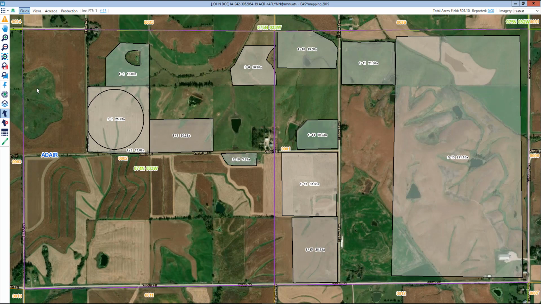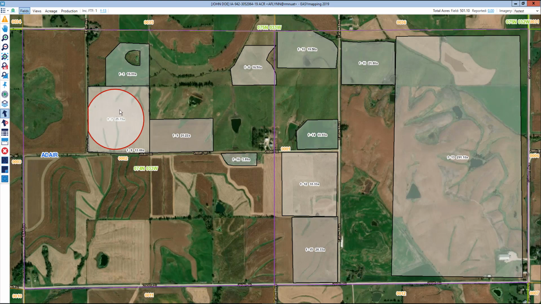Now when you have a field selected on the map, you'll be provided with some additional icons, as you can see there. So we have our split field, we have our delete field, island cut, reshape, and pivot. And all of this is the same functionality as it works today. And so I just simply wanted to show you that you can generate these icons once you have a field